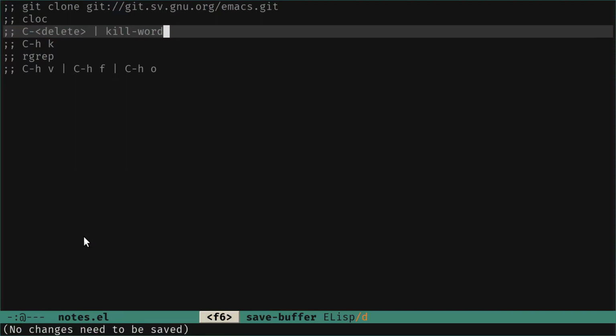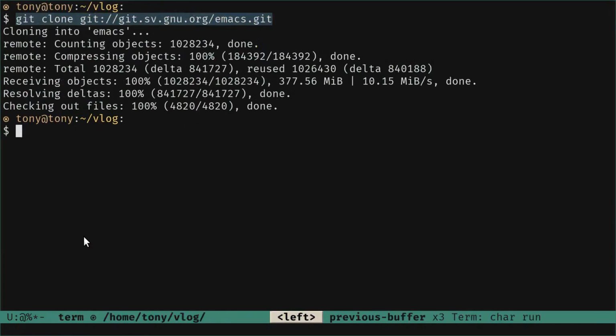So let's go. I am here in the terminal, and you can see at the top that I've already cloned the Emacs repository. If I do ls, I have the node that you were seeing before and the Emacs repository.